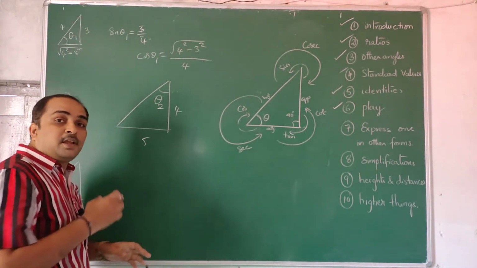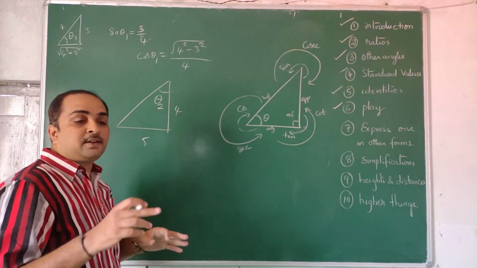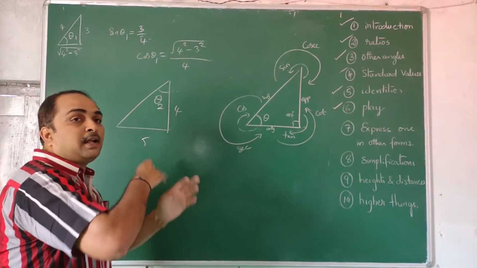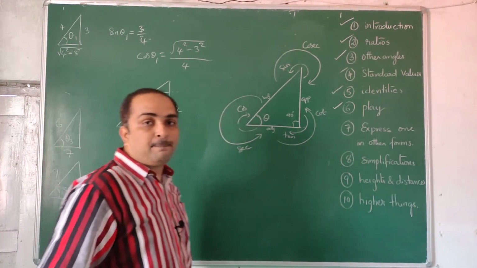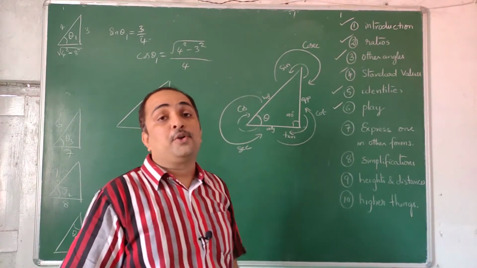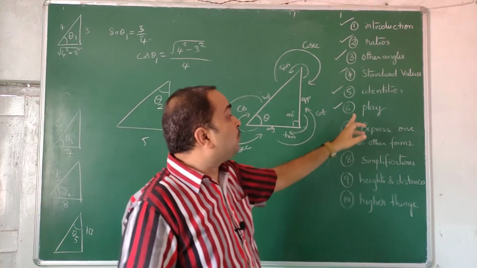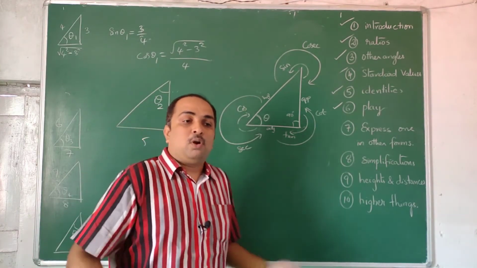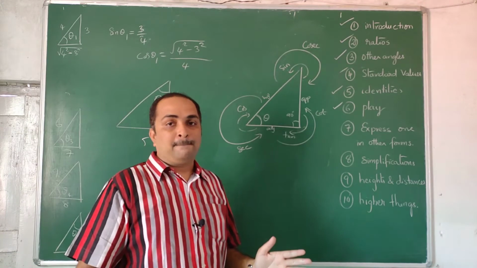But the only thing is, if you are again following an order, you will never play with it. First find sin theta, then find some secant theta, then find cot theta. Randomly when you are doing, that's called play. Why use the word play? You will not see it in any textbook. But I told you I am going to give an approach. In that approach I am using the word play. Play means if you do it in an order, that's not called a play. Whatever it comes, then you have to hit the ball.